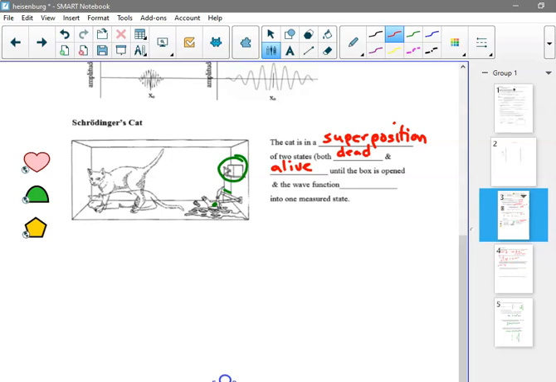It's dead and alive until you open the box. And when you open the box, something happens that we're not quite sure how that mechanism works, where the wave function collapses into one particular state, dead or alive. But you don't know that until it happens, but the equations say it's in both states until you make that